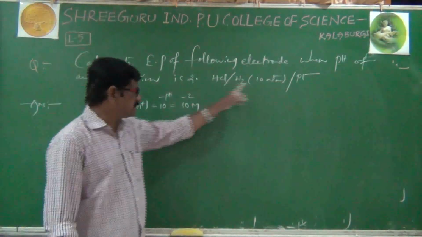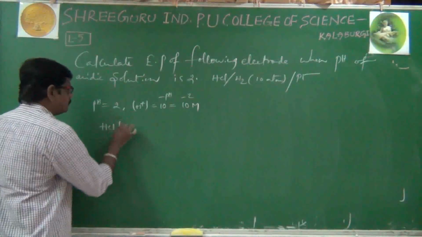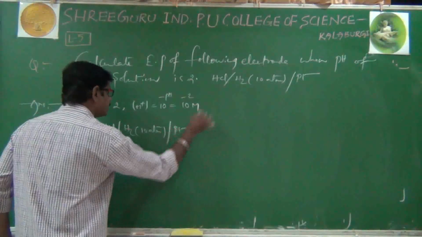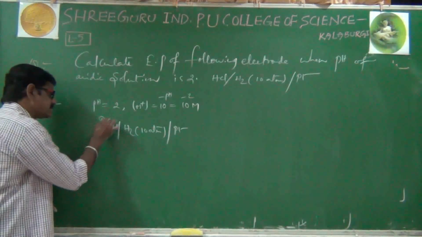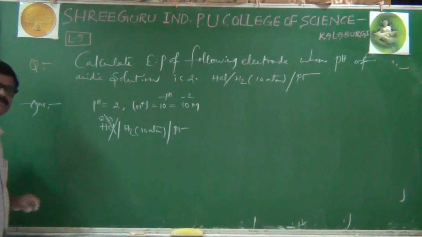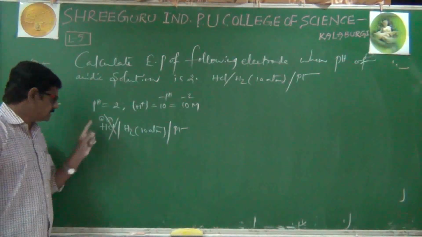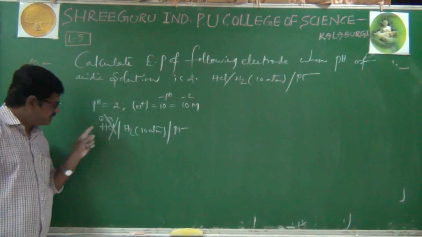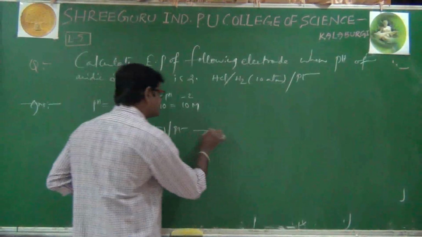Right. Now the same symbol once again I am writing: HCl | H2 (10 atmospheres) | platinum. It is also a hydrogen electrode. For a hydrogen electrode, HCl we can write as H plus and Cl minus, but the hydrogen electrode does not need the Cl minus concentration. Therefore H plus | H2, that's it. H plus | H2 is also again a reduction symbol only. That's why it is a related reaction. We will write it like this.